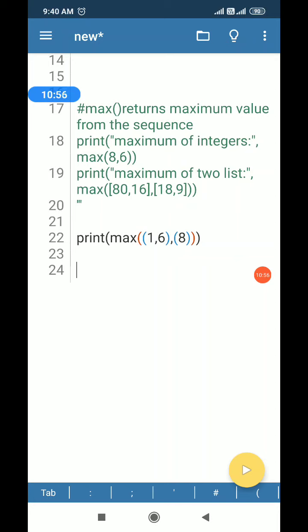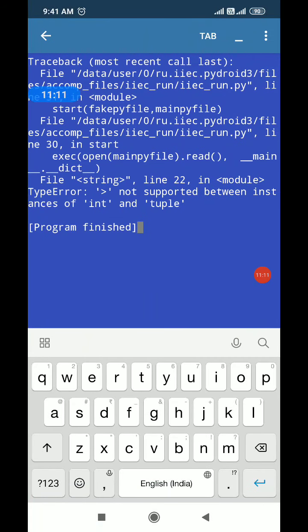But we can see here that there are two tuples, one contains 1, 6 and the other contains 8, but it will not print anything, and rather it will generate an error.